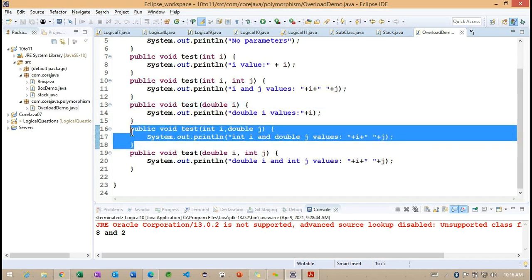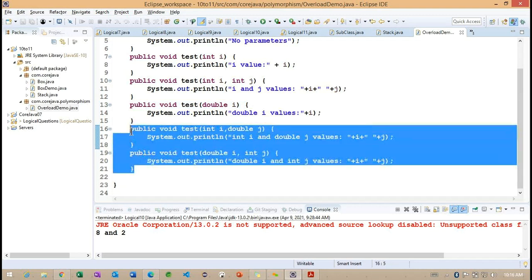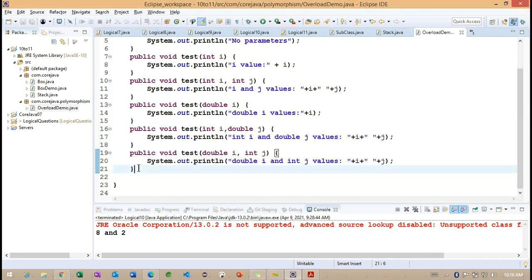Now we can understand the last two methods here. We need to understand very carefully because these two parameter methods are different. The types of the parameters are different, and the order of the parameters is also different here.